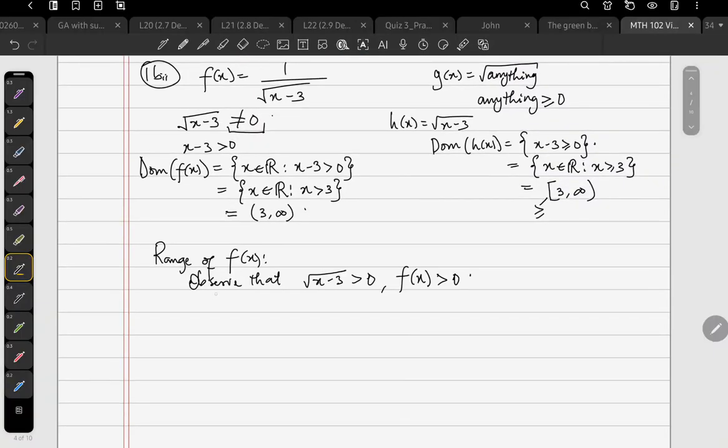But we can go back to the trick that we used the other time. If we say y equals 1 over square root of x minus 3, can we try to make x the subject of the formula? The answer is yes. But in doing so, we have to remember that we are also including some extraneous solutions, some guys that are not supposed to be there. But let's do that. Taking the square of both sides,